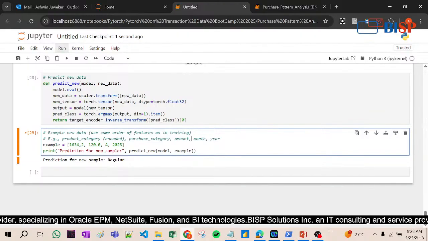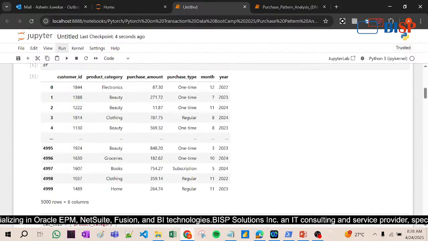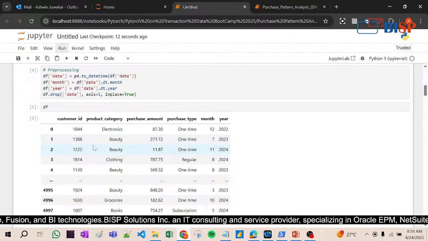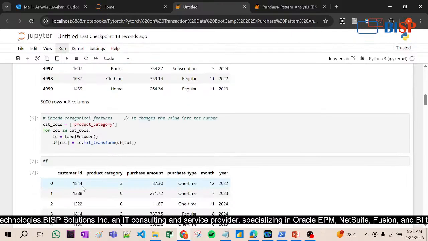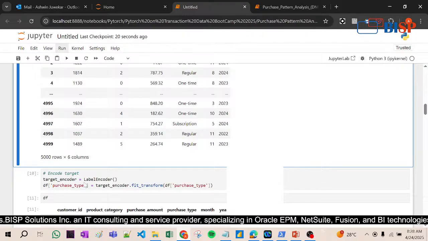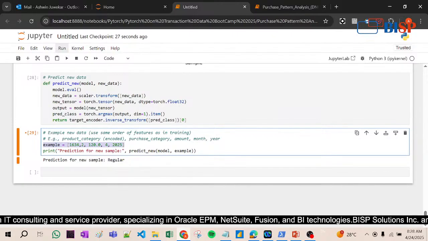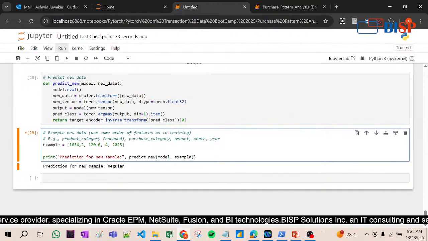Okay, now let me show you one more thing. One time we used 1630 here, but suppose I use 1844. Let's go here, 1844, and the purchase category is 3.